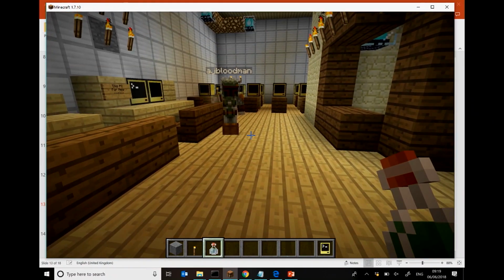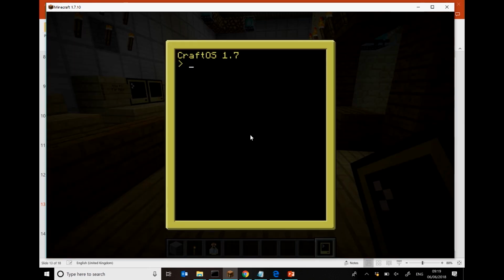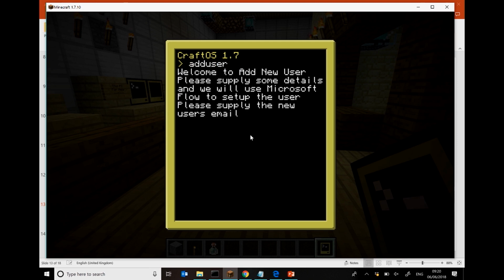Now, if I'm a real user and I'm using a Power App, I'm probably on a mobile device or a tablet, so I'm not going to use a computer. I think we'll just use a tablet instead. So here's my Minecraft iPad, I guess. We've got a little program on here called Add User. And what we need to do, so we need to start off with the user's email address.